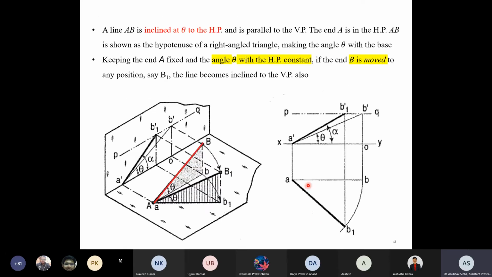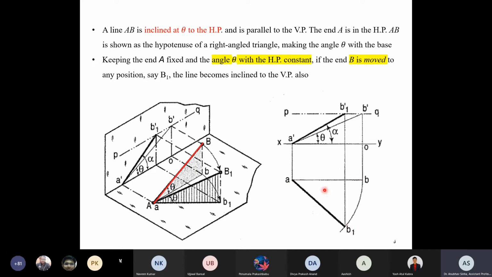If you look at the top view, initially we are looking at this line, the hypotenuse of this triangle, that is AB. Now once I rotated it like this, A is anyway fixed. I am looking at the same length, which is at new position B1. So the idea here is that this length AB is the same as AB1.